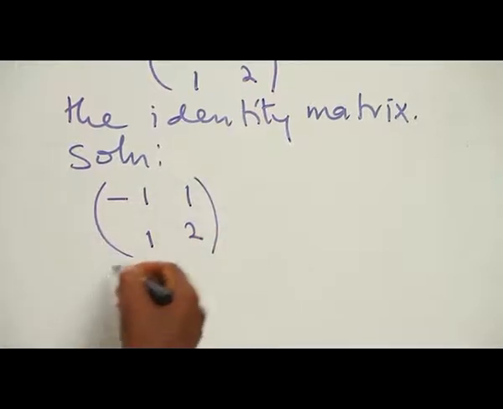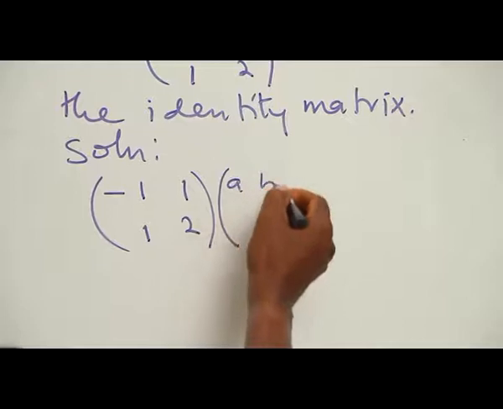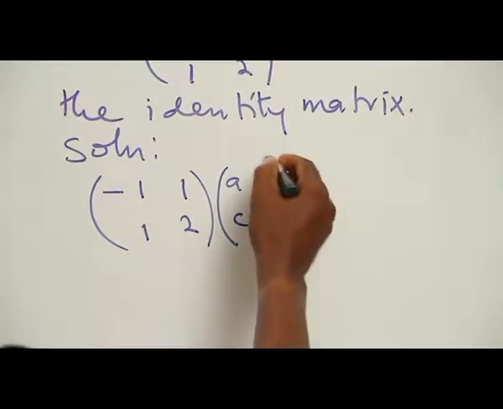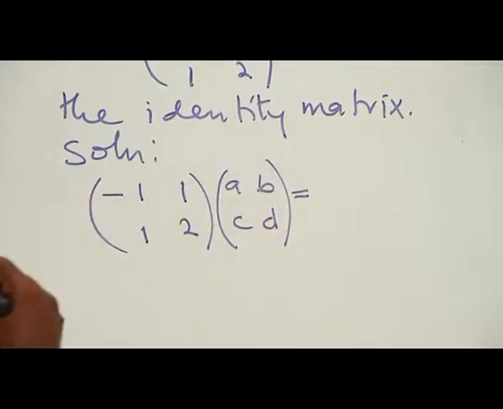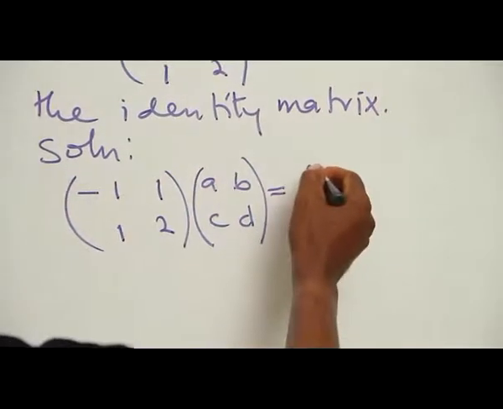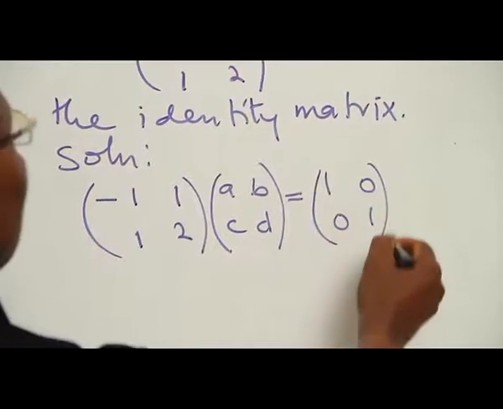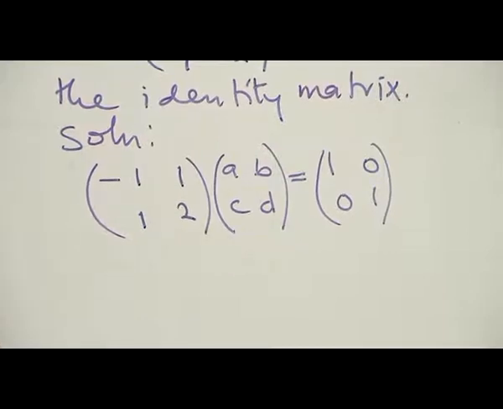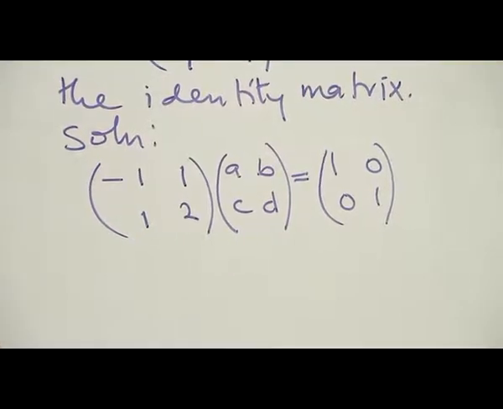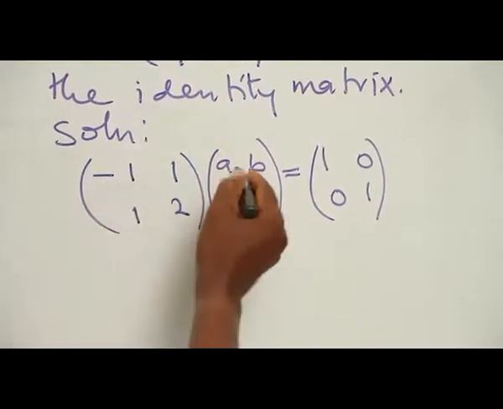And then multiplying the matrix here, we don't know what it is, let's call it A, B, C, D. And then the result of this one is equal to the identity matrix, which is 1, 0, 0, 1. If that is the case, so what do we have? To be able to find the value of A, B, C, D, we multiply out this matrix. Minus 1 times A,